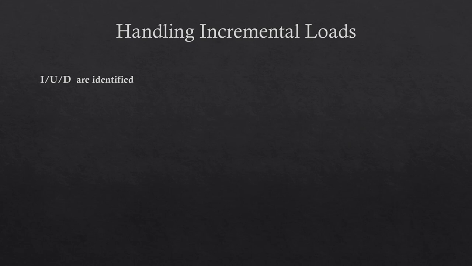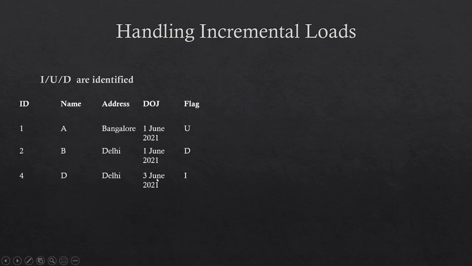So first of all, let us take a scenario where we are getting incremental load, which means every day the source system is only going to send us the records that get changed. They are not giving us the entire data. They are giving us only the records that got changed. Another important thing to note here is that the source is definitely sending us incremental data, but they have also identified what kind of a change it is. So they are sending only the records that have changed.